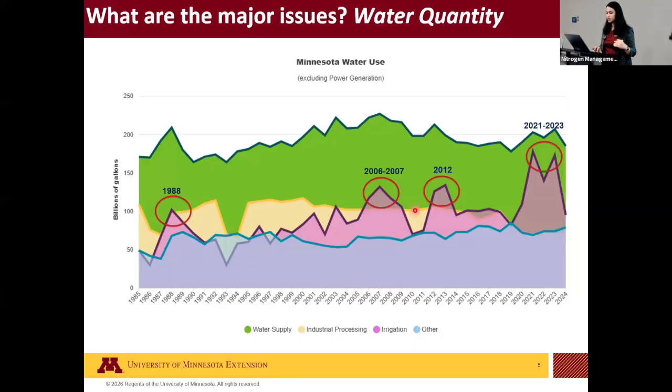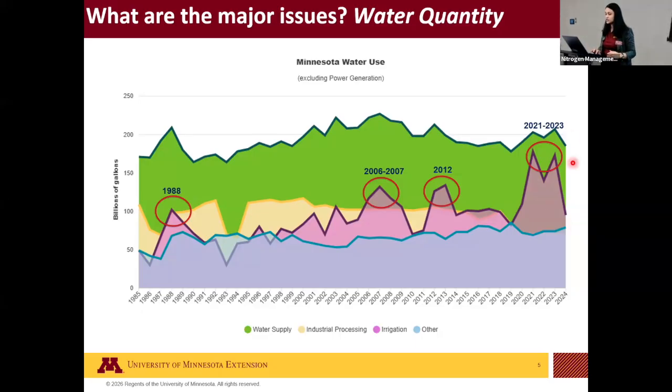The pink here, the purple or pink, is the irrigation use. And I highlighted these drought years, and you can see even if you just point to those drought years, irrigation use is very high, and it's also trending upwards. And this also coincides with the increase in acreage in irrigation, because acres in irrigation is increasing, so the water use is also